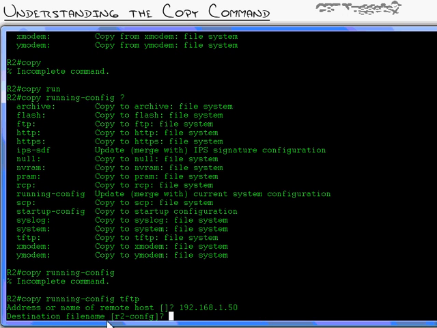It says, what do you want to name the file when you copy it over there? By default, it's going to say router2-config as the file name. I usually like to put r2config.doc or something like that, or just do .txt, so that it will open with Notepad or something by default in Windows. Otherwise, it won't know what application to use to open that file. I hit enter,